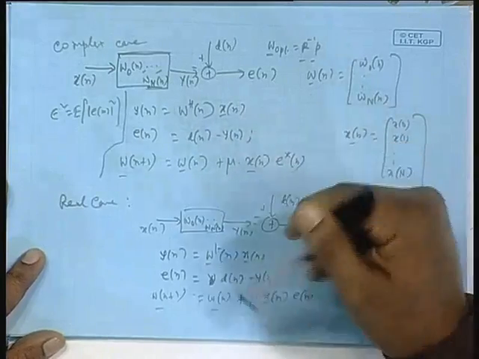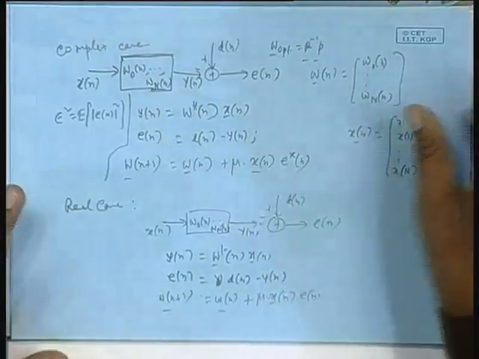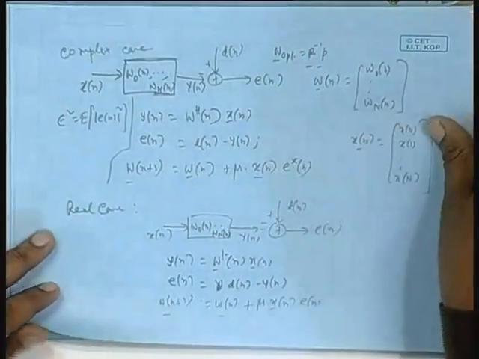Then we will see how to keep the variance around the mean, or spread around the mean, under check, under some control, in fact as low as possible. Then it will be a better kind of convergence. That is how things will evolve. So, we now do this convergence analysis, and as I said, the complex case is more general and it includes the special case also, the real case, as you can see by comparing the two algorithms. Now, we will do the convergence analysis for the complex case.